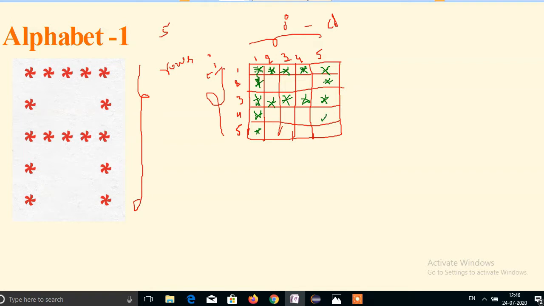Like this we have to print all the stars. So now this alphabet is converted to rows and columns.